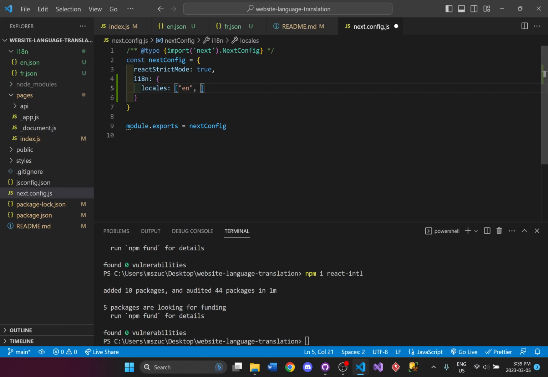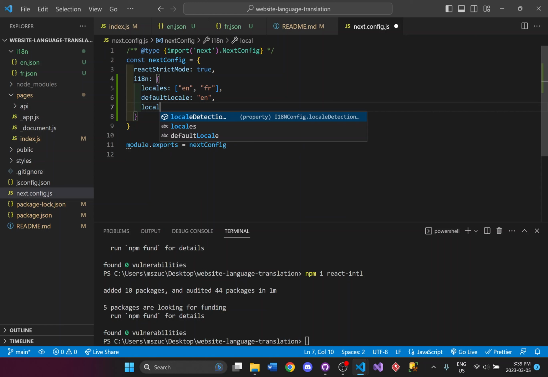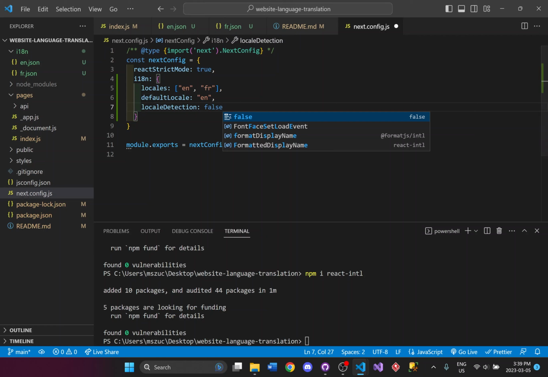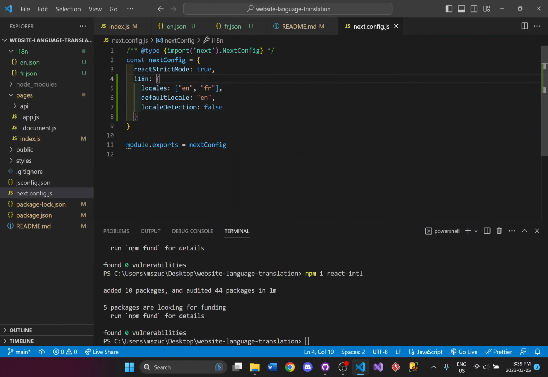We'll say en and fr for French, and default locale will be English, en, and locale detection we'll just put as false for right now. And that should be it for the next.config.js. We should have this modified right here with the i18n information.